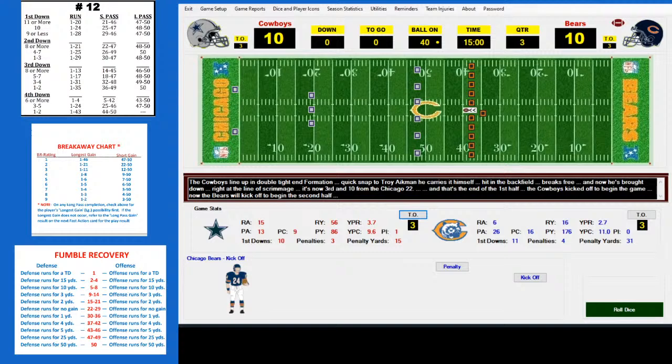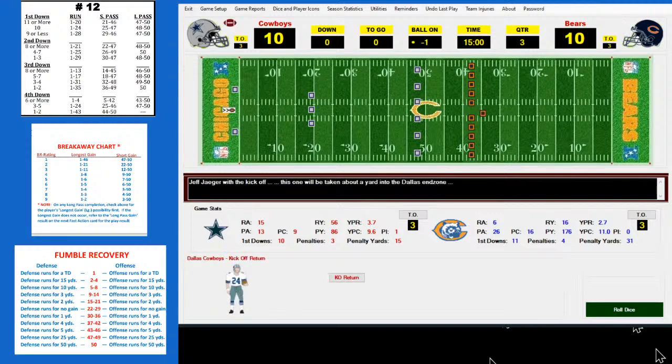So we start off the second half. The Cowboys did defer to the second half, so the Bears will be kicking off. Jeff Jaeger to kick off, and he kicks one 61 yards, 1 yard deep into the end zone. And it will be returned for the Cowboys by one Herschel Walker, the Georgia great,